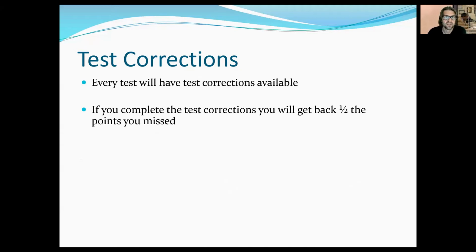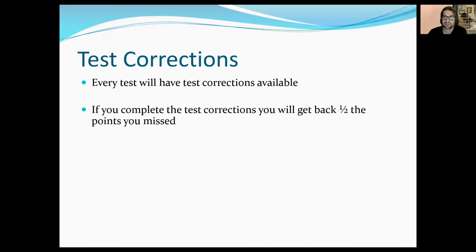So if you got a 50% on the test, you can get back half of the 50% you missed, so 25, and bring that 50% F up to a 75. If you got a 90% on the test, you can do test corrections. If you got a 90% on your test, you can get back half of the 10% you missed and make that a 95. If you got a 20%, you did terrible, you bombed it, meaning you missed 80% of